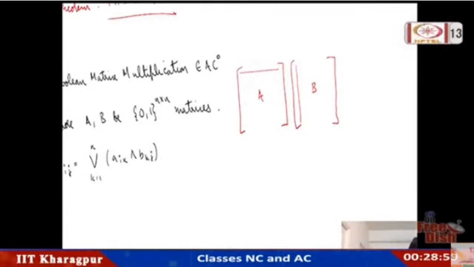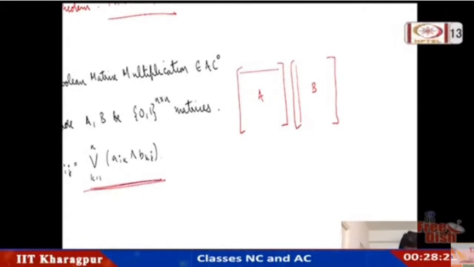So in a usual multiplication, the ijth entry of AB will be the summation over k equal to 1 to n of aik multiplied by bkj. But Boolean matrix multiplication means we will replace summation with an OR, and we will replace multiplication with an AND. Just to remove confusion in the notes, I will erase this. So this is the Boolean matrix multiplication,